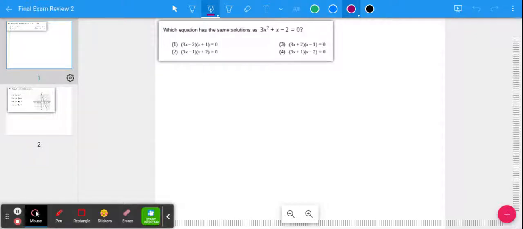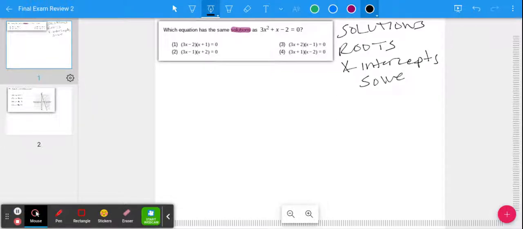For number 3, which equation has the same solutions as the equation given? So here's that word solutions. Remember, for solutions, we are trying to figure out a value for x that makes this true. Now it's a trinomial, so that means we're going to have to do a couple steps here. So remember, solutions